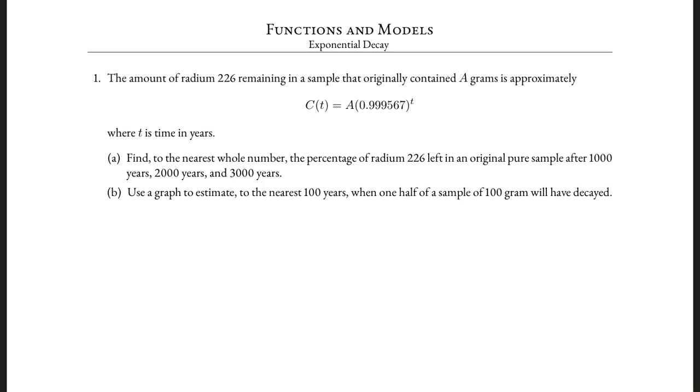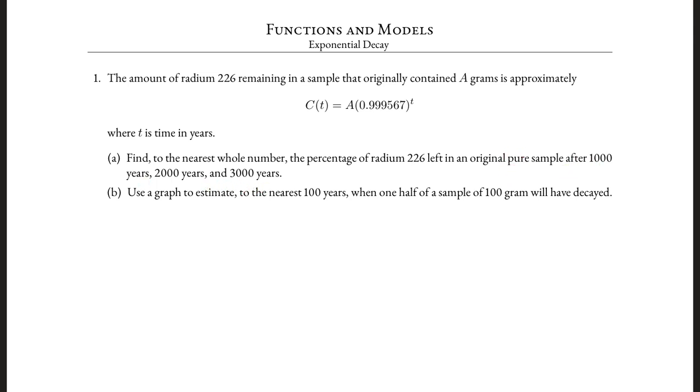Exponential decay. The amount of radium-226 remaining in the sample that originally contained 8 grams is approximately C of T equals A times 0.999567 raised to the T power, where T is time in years. Find, to the nearest whole number, the percentage of radium-226 left in the original pure sample after 1,000 years, 2,000